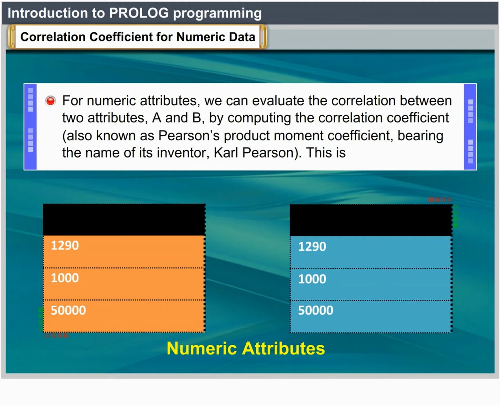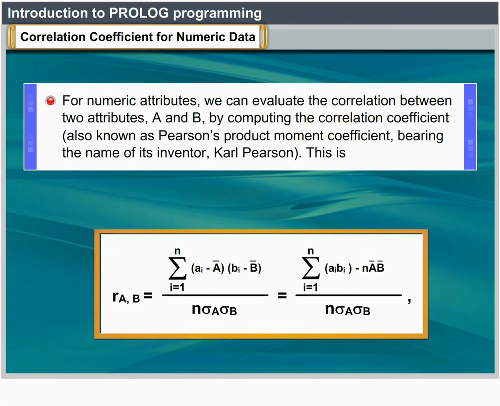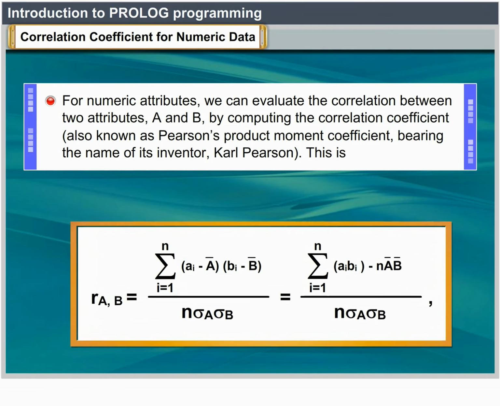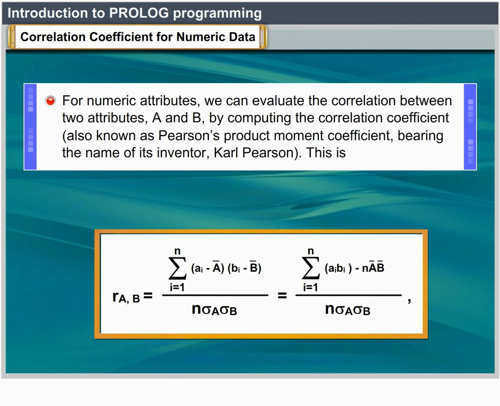This is r(A,B) equals sigma i equals 1 to n, (ai minus A bar) times (bi minus B bar), divided by n sigma A sigma B, which equals summation i equals 1 to n of ai bi minus n A bar B bar, divided by n sigma A sigma B,